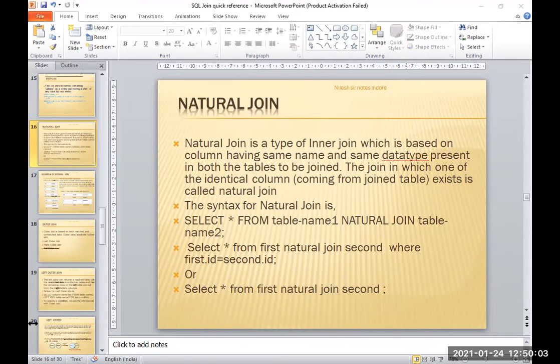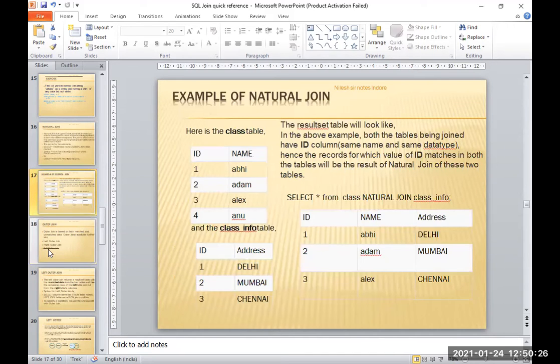The same thing on both the tables. So this is called natural join. We can apply it in short. Next, natural join example, the same thing.